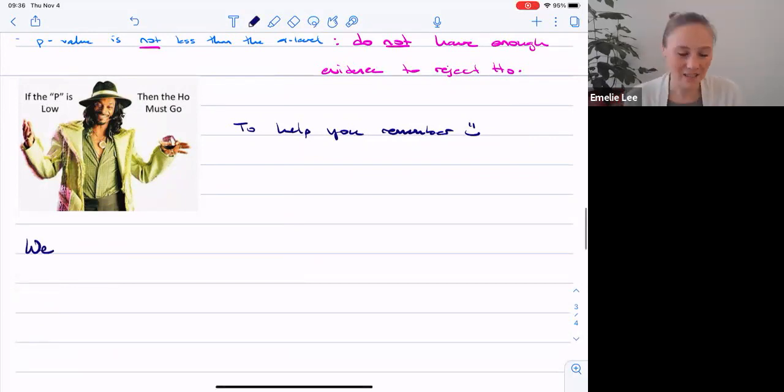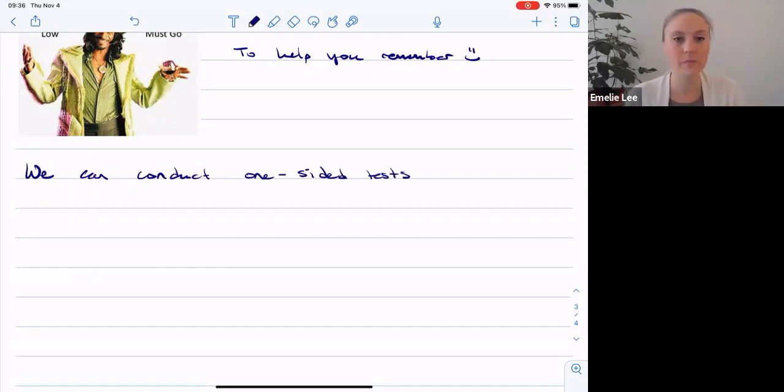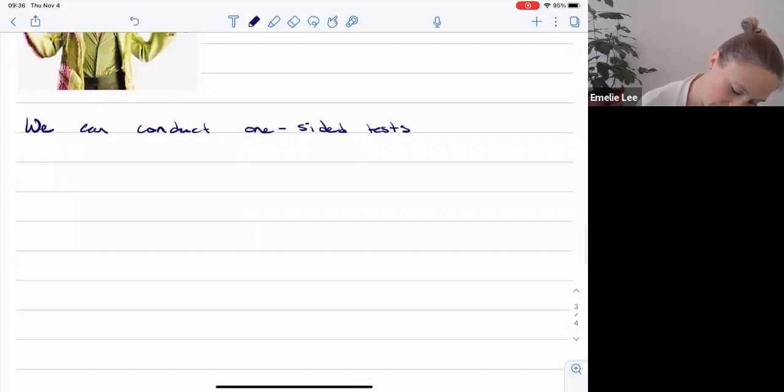We can conduct one-sided tests. Sometimes we do, for a variety of question types. But in reality, we should only be doing two-sided tests. It's pretty rare that you should be doing a one-sided test. Okay, so we can conduct one-sided tests, such as